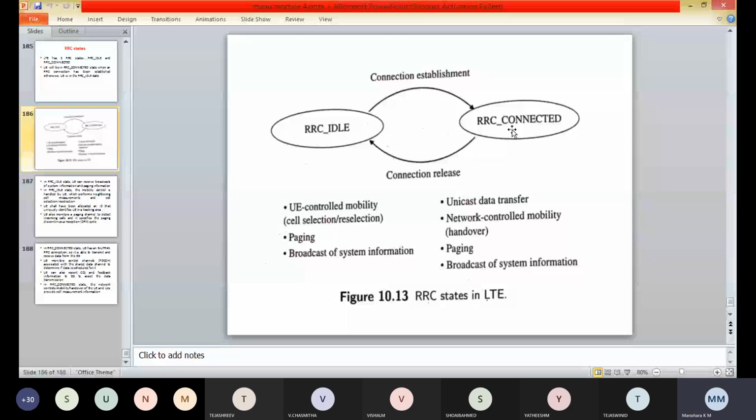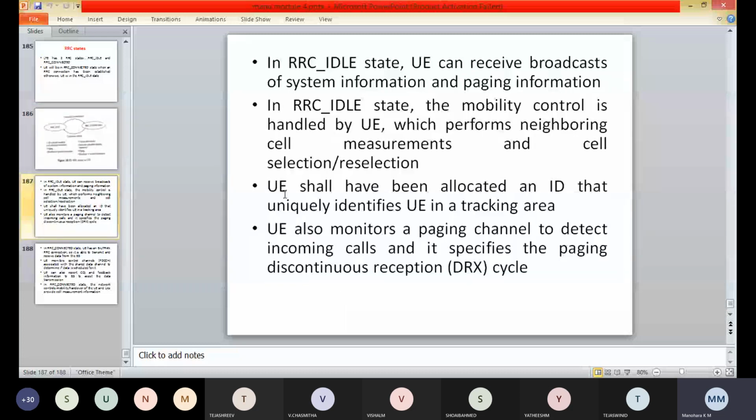Next we have the RRC functions. Before going into the different functions provided by the RRC protocol, we'll first study the concept of signaling radio bearers. The signaling radio bearers are radio bearers that are used only for the transmission of RRC and NAS messages. There are three different signaling radio bearers in LTE.